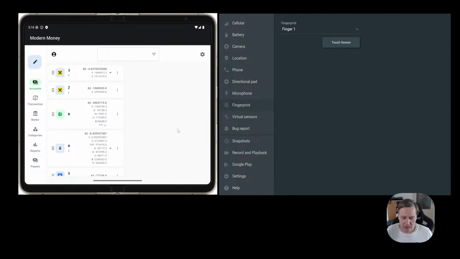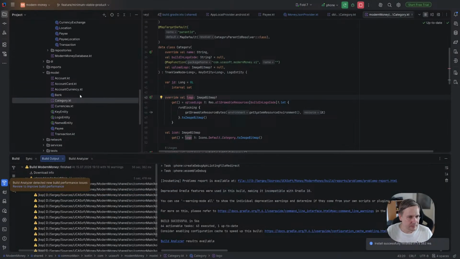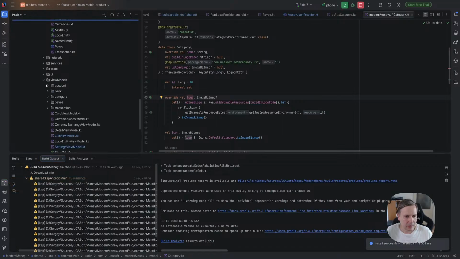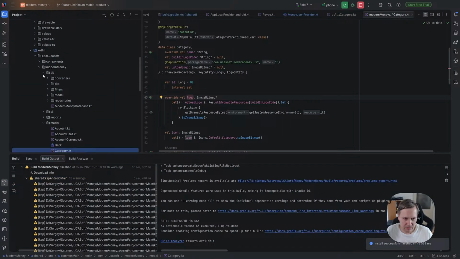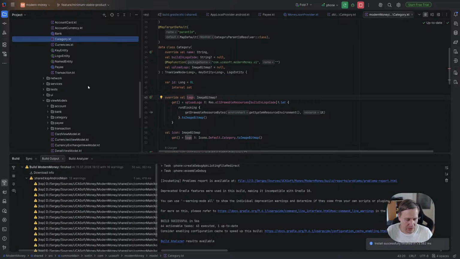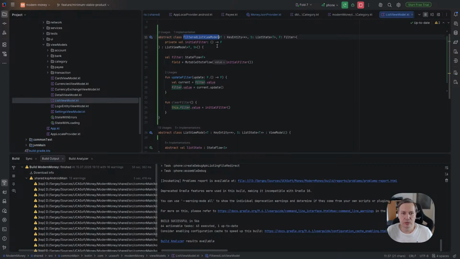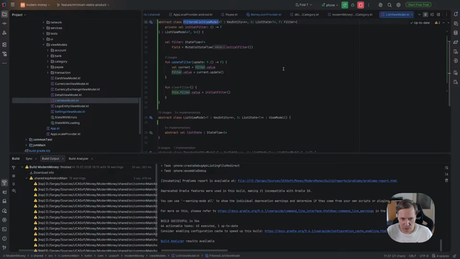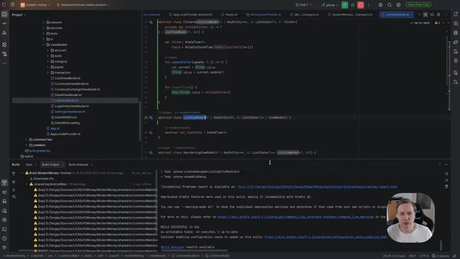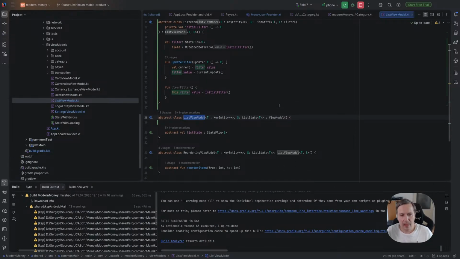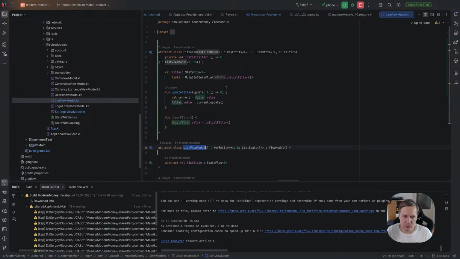Okay, what else did I add? If we switch back to IntelliJ IDEA, we can see that in the view model there are some changes, which again are not finished. I need to refactor more, but inside list view model, we also have filtered list view model. I guess all our entities should be exactly filtered list view model. I mean, list view model should support filter initially, but because it's a lot of changes, I would